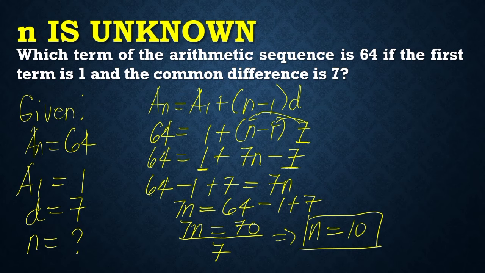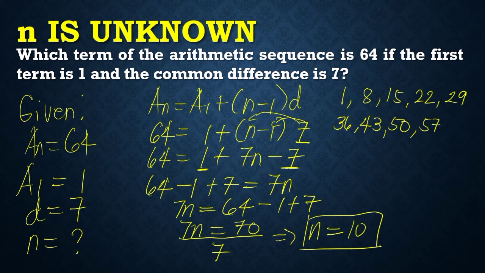So, start tayo sa 1. Mag-add ka ng 7, 8, and then 15, 22, 29, 36, 43, 50, 57, 64. Okay. So, kitang-kita, kung bibilangin natin magsimula sa 1 hanggang 64, kitang-kita na ang 64 ay pang 10th term